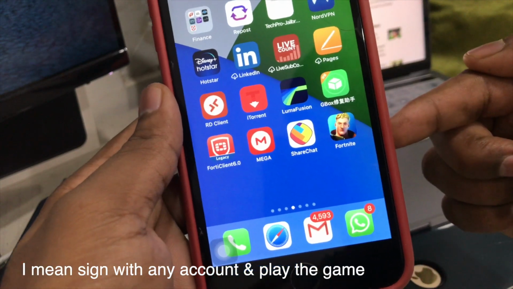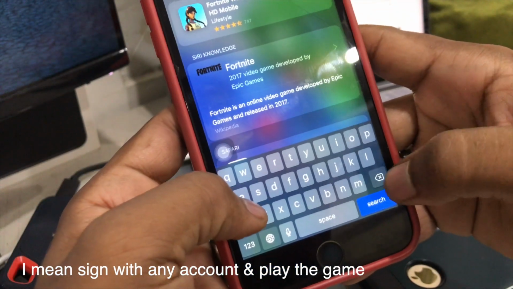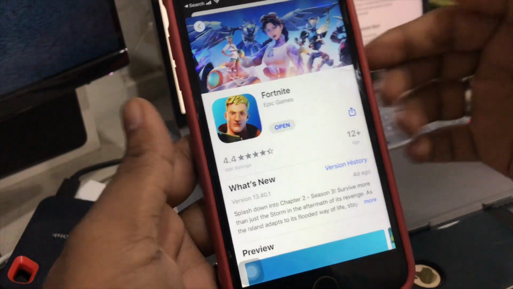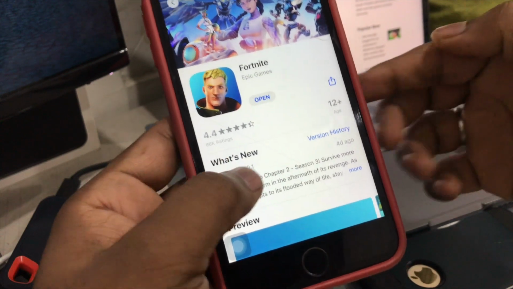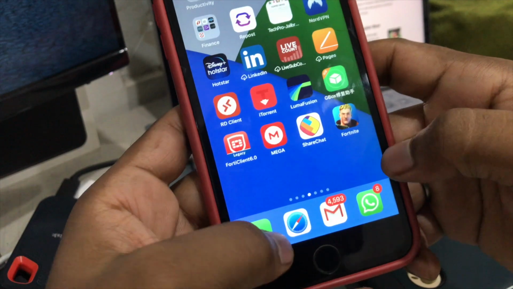So there we go guys, you can install Fortnite this way. As you can see, you don't get that in the App Store, but I just installed it. Now it started downloading, and this way you can get Fortnite on your device. Now the second method,